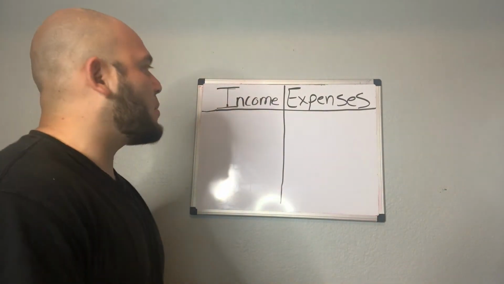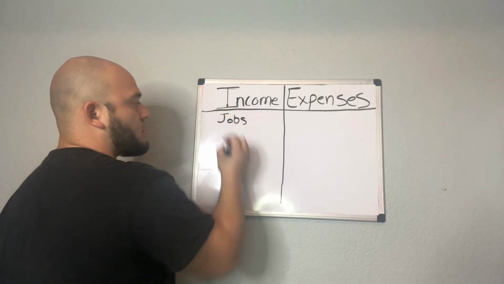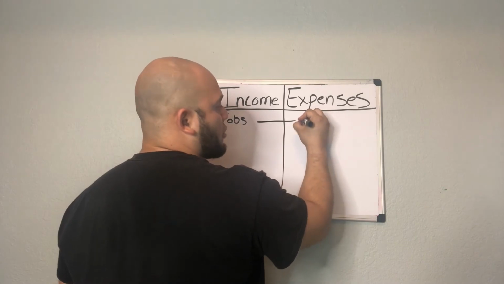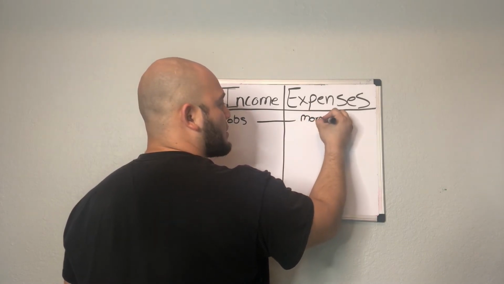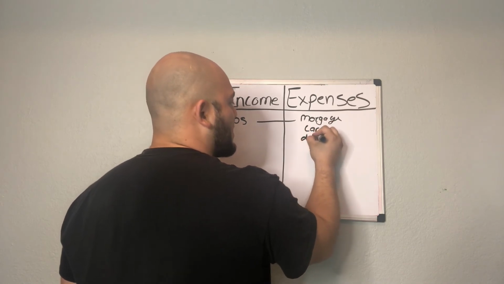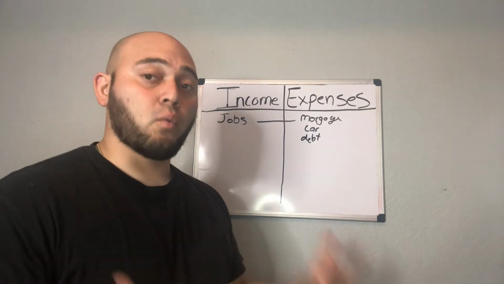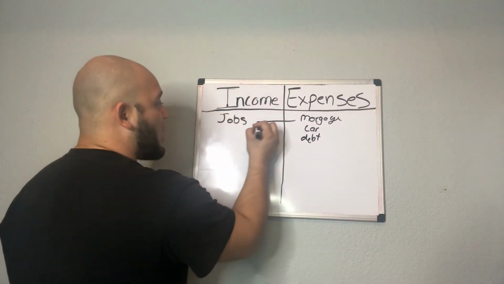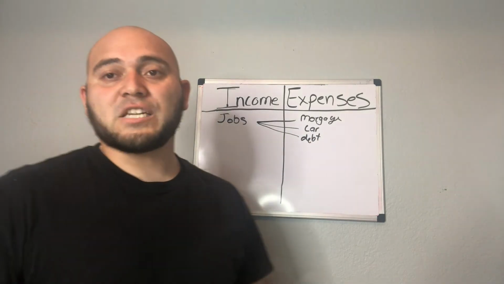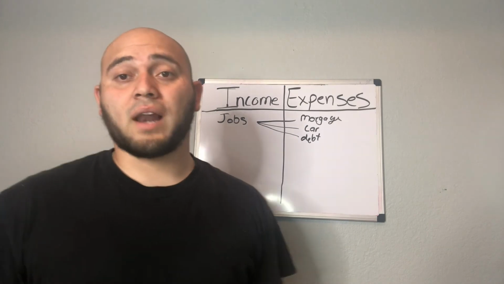So when your income is coming in, one of your incomes is obviously going to be your job, okay? Your job pays for your expenses like your mortgage, your car, and your debt, let's say. But if you only have one asset or only one stream of income, your job has to be paying for all these three things, okay? And that's basically how the lower and the middle class stay in the lower and middle class, okay?